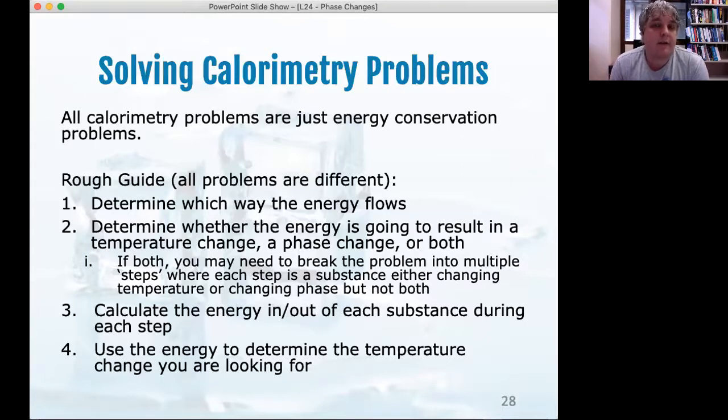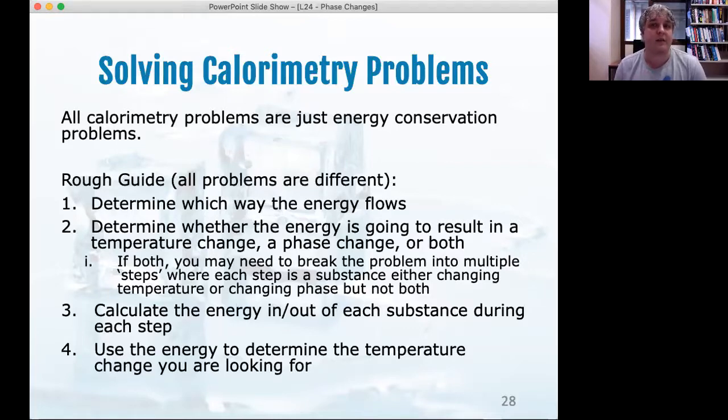The rough guide, but remember, all problems are different. So just like all our mechanics problems, where we had discussion around what steps to take and what process to do everything in, it's going to be the same here. I can't give you step-by-step processes that will apply to every single problem because they are all going to be different. There might be some that you see and you've seen a very similar one, but there might be some where you've never seen anything else like it, and you need to be able to look at it and figure